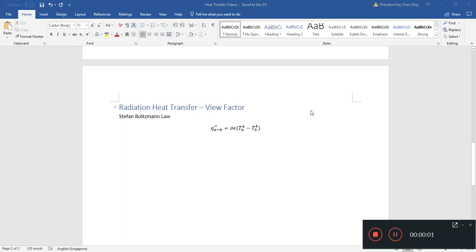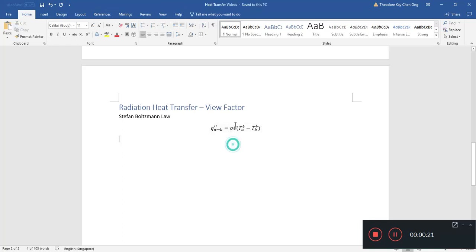Hi, welcome. In this video, we're going to discuss view factor. We're going to start our discussion on view factor. So we should already know by this point, I assume you know what the Stefan-Boltzmann law is for radiation, and you see that it's proportional to some constant